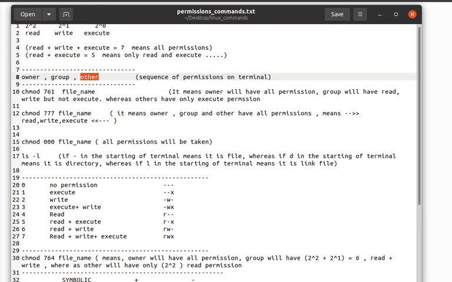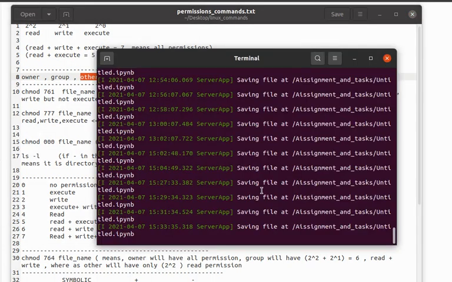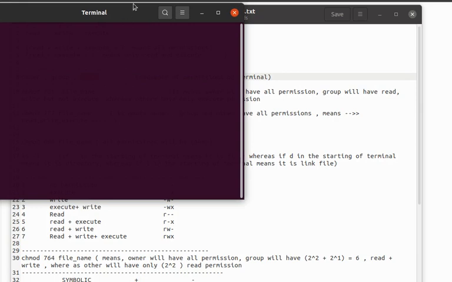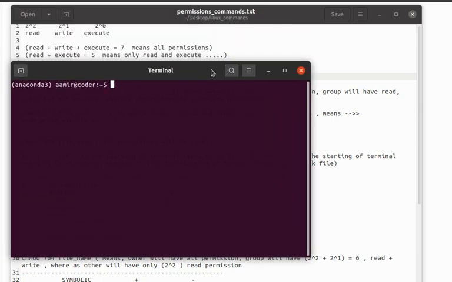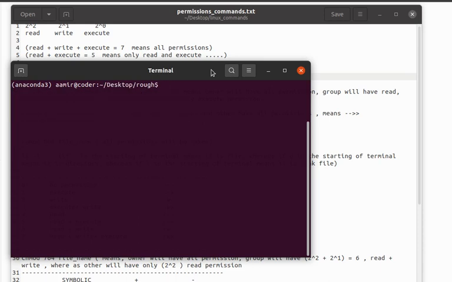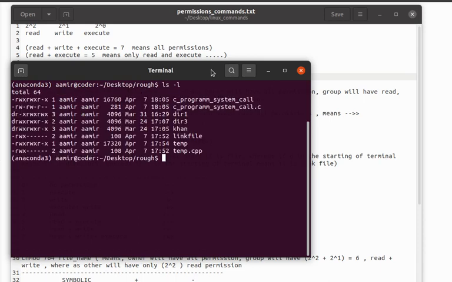For example, if you start our terminal and type ls -l, we will be shown the directories and files.